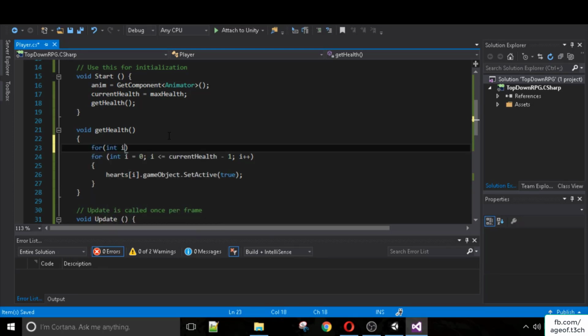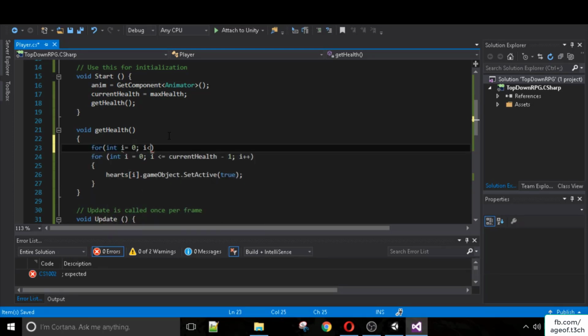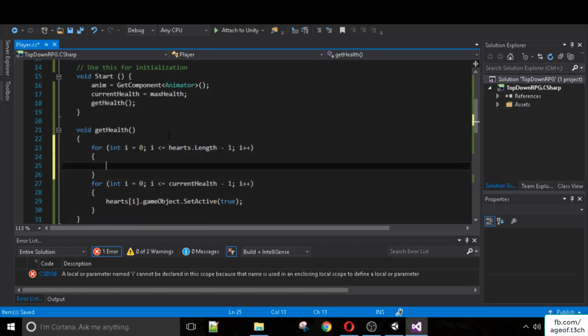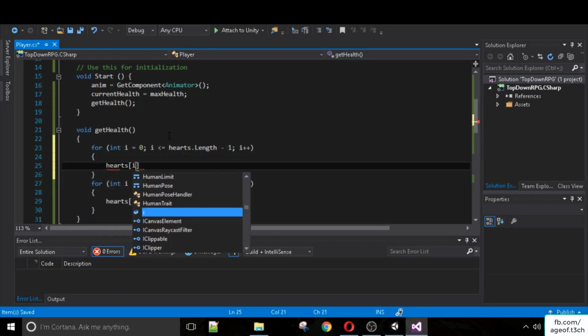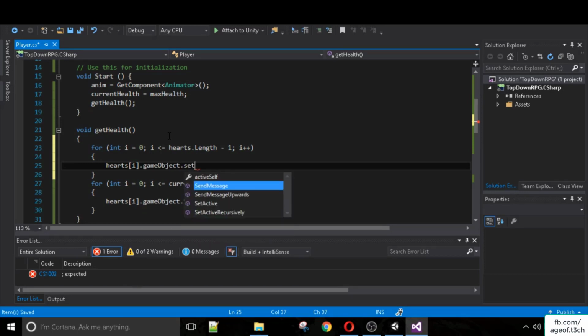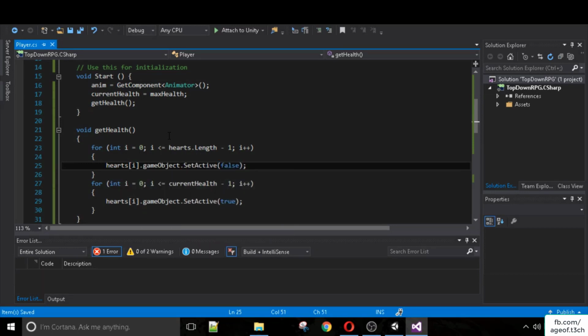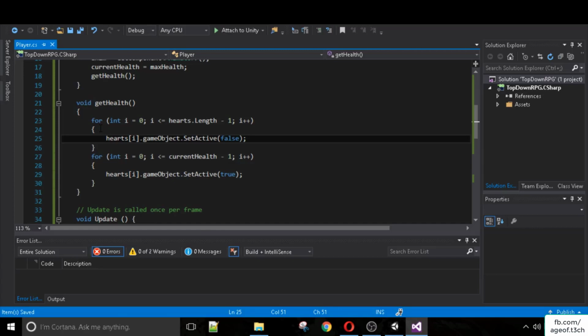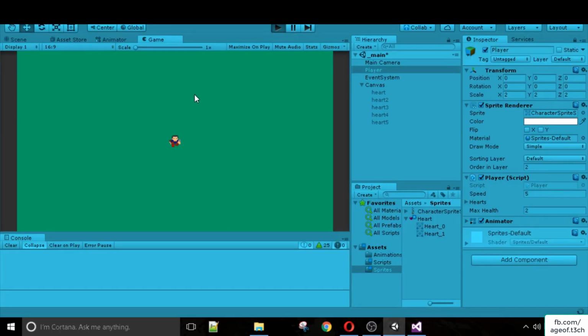So let's say for int i is equal to 0, i is less than or equal to hearts.length. This gets the length of the array, and don't forget to say -1 because we're starting from 0, and i plus plus. And in here we want to say hearts of i game object set active false. So now each time we take damage, we're going to disable all the hearts and then re-enable them depending on our current health. So now if we save, go back into Unity, if I click P, I lose a heart,